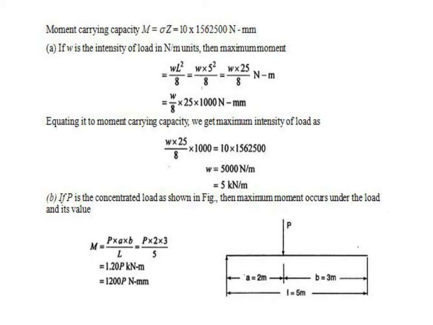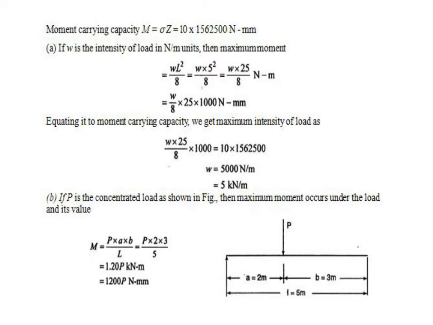After that, you have to find the intensity of the UDL load. So the simply supported beam, as I told earlier in the shear force and bending moment calculation, having UDL over the entire length, what is the maximum bending moment formula? W L square by 8. Here substitute the bending moment for UDL load, W L square by 8. Substitute all the known values, W into length of the span 5 meter, and simplify this, we get W by 8 into 25 into 1000 Newton mm.